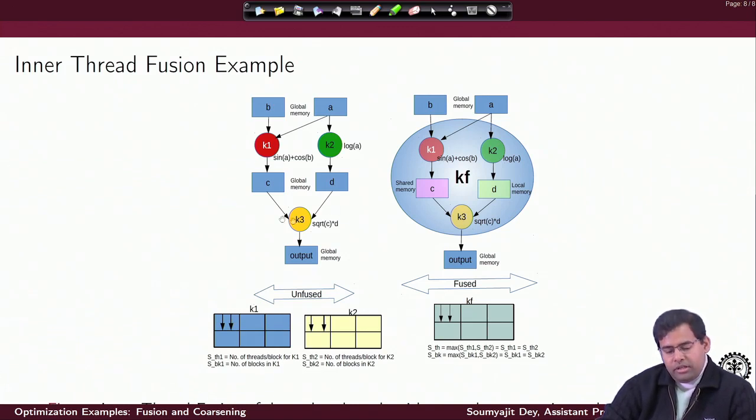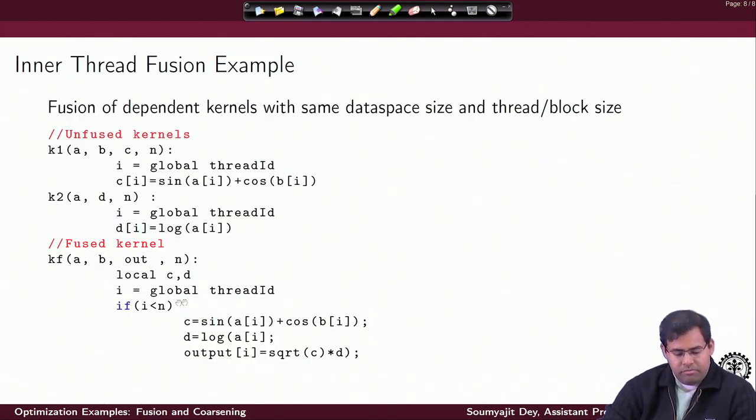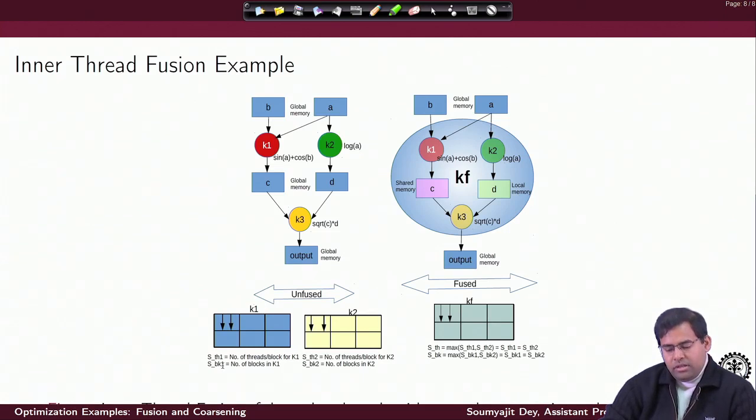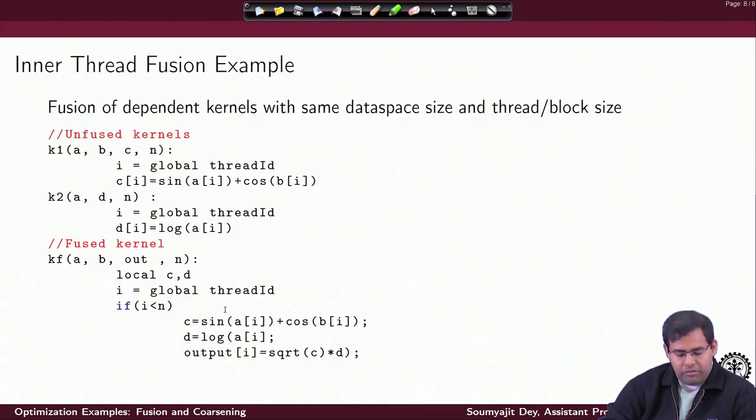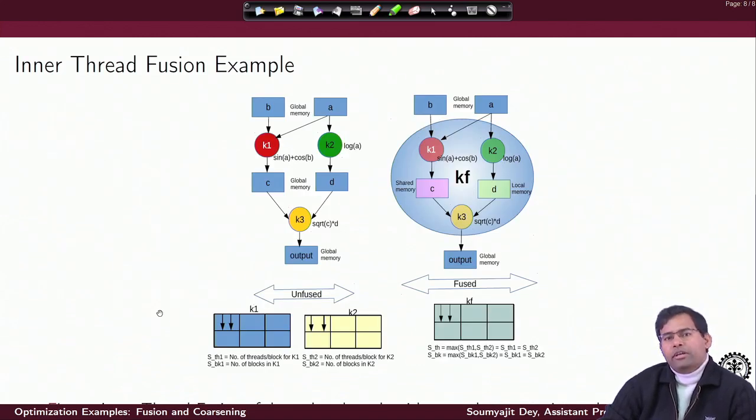So as you can understand, if I am trying to fuse this with identical number of threads per block and number of blocks, things are very simple. My checks are very simple. Just check on the global thread ID and execute all the operations in sequence. If there is difference in the number of threads per block, if there is difference in number of blocks in some of the kernels, it would be really difficult here. I need to do more fine-grained control by introducing more if statements, and that would be further complicated if I have also variation in threads per block setting.